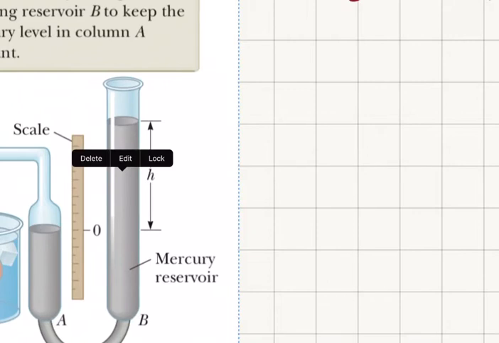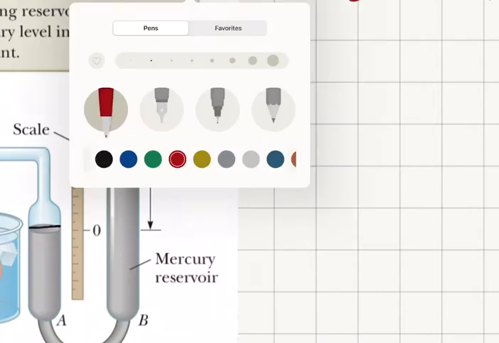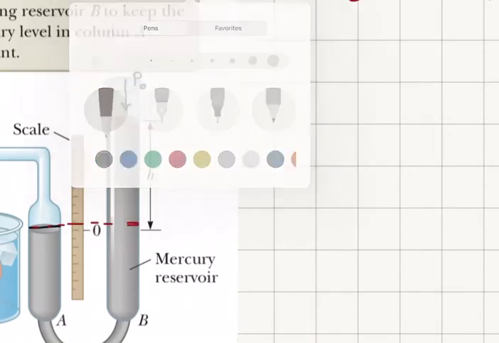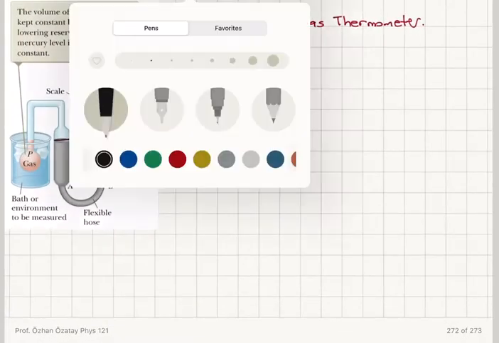The pressure outside the mercury is open to air, so I have a pressure of P0, that's atmospheric pressure, and the mercury will rise until